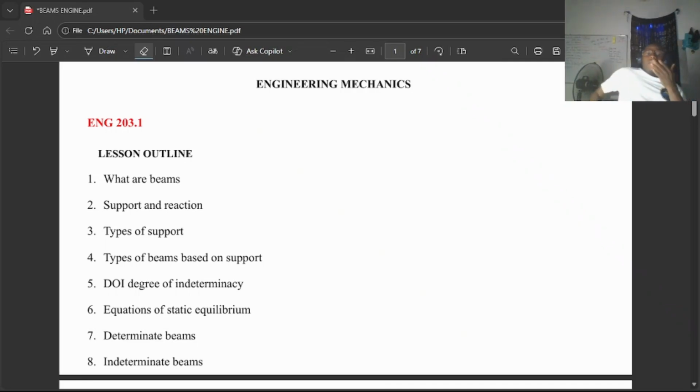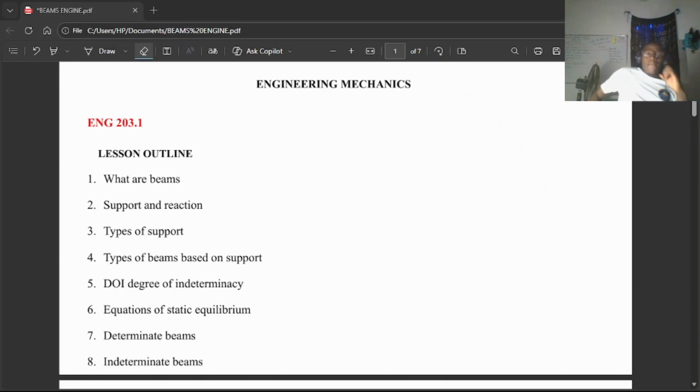Let's talk about beams. The first thing we need to consider is that I told you this mechanics course is divided into 5 different parts. Part one is what we want to consider now, where we are going to put our focus on beams. I brought out the lesson outline, and the first thing we have there is